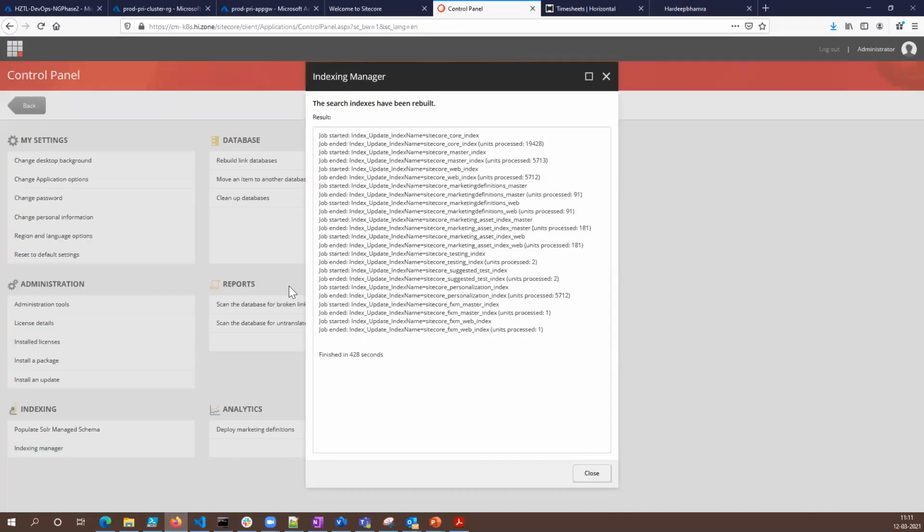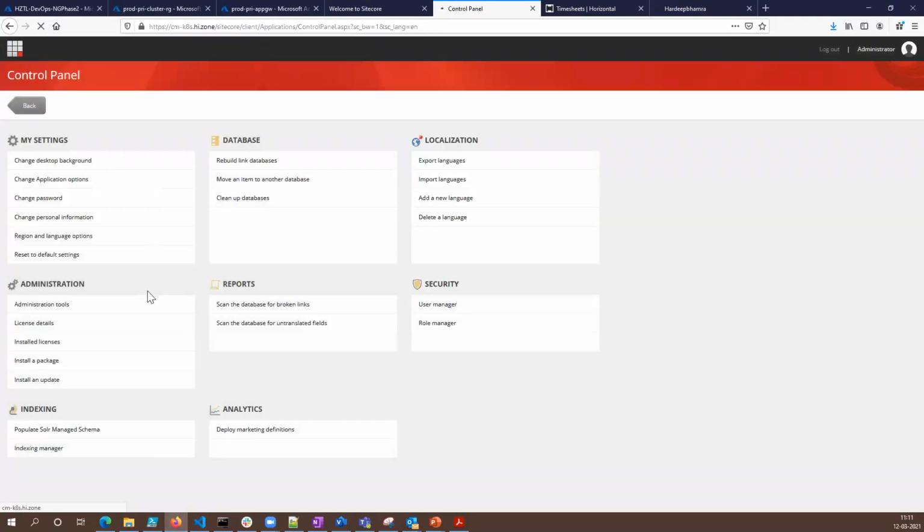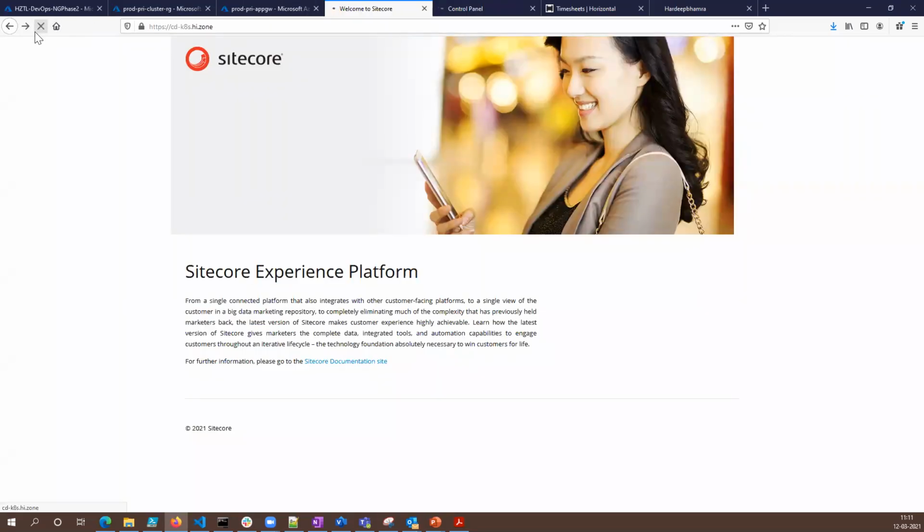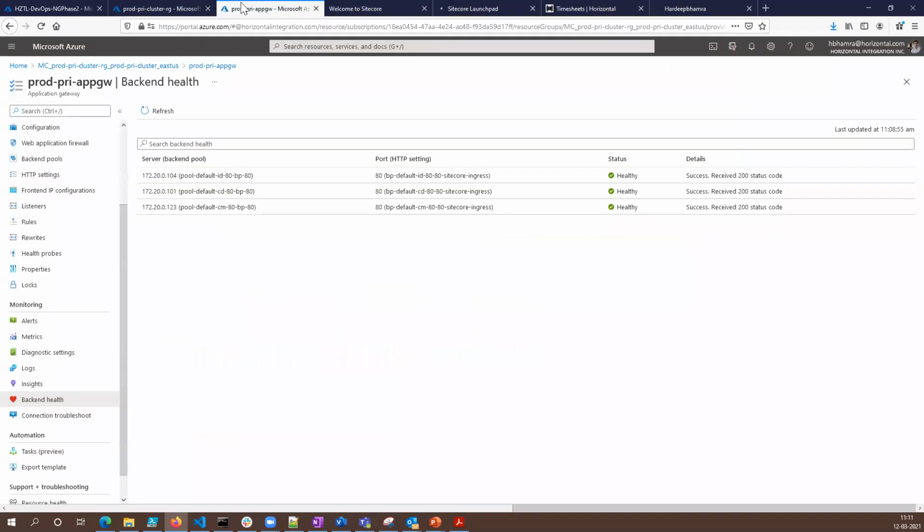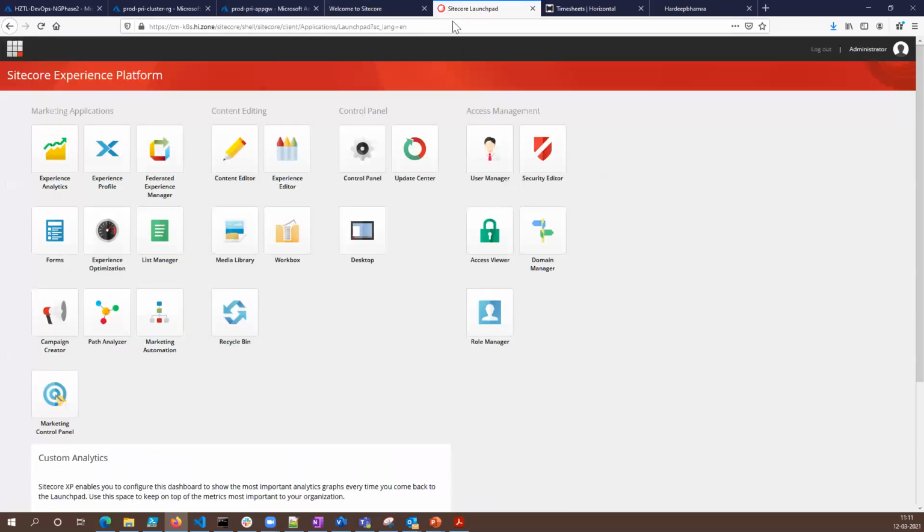If the indexing is also finished, we can go back to the control panel and check the analytics. Hopefully we will not see any errors there. Okay, this was all cool.